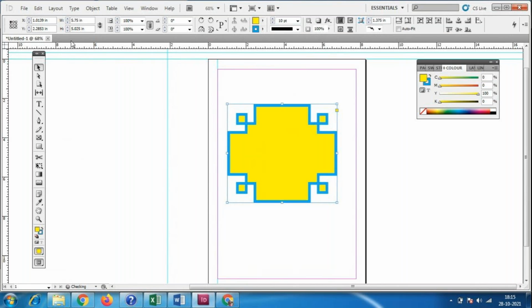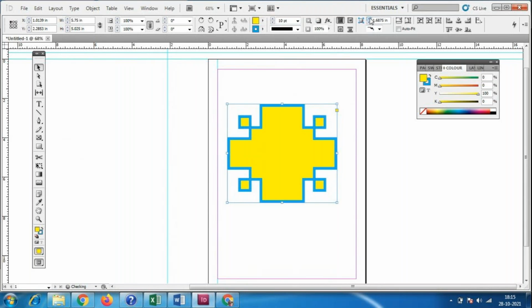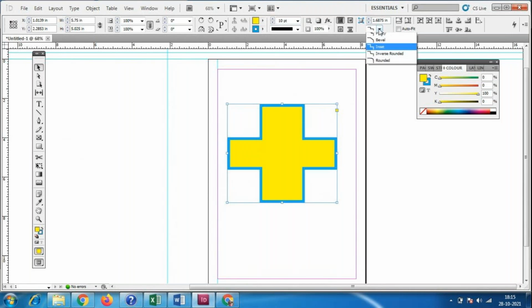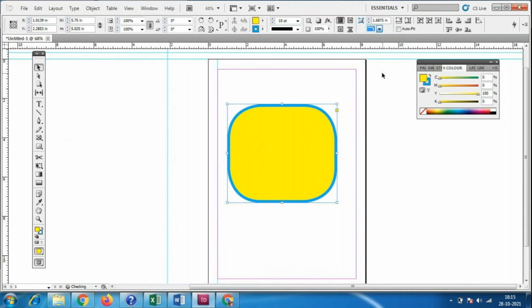We can increase it as much as we want, because they have given very small options here. So you have to keep working with these small options. We can change the design, but we have only this many designs. With these designs only we have to create complete posters or pamphlets.